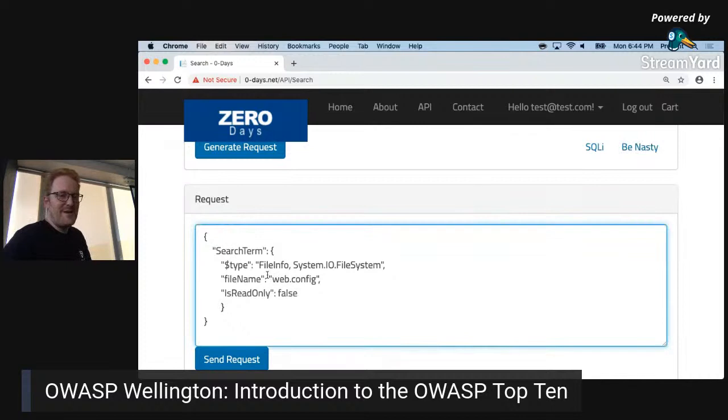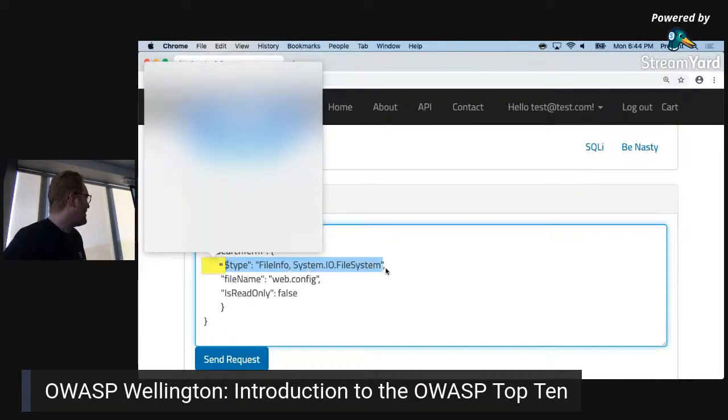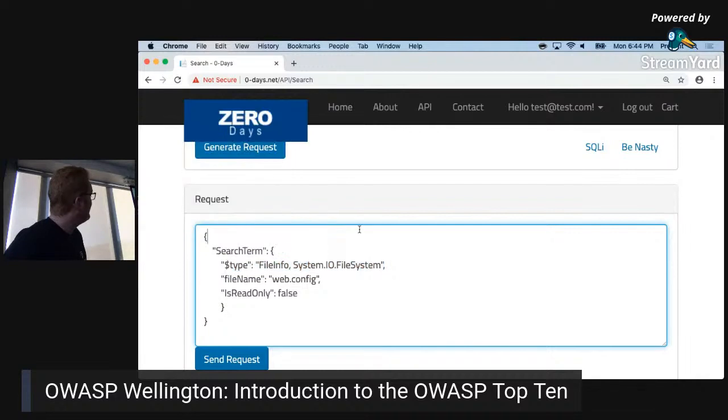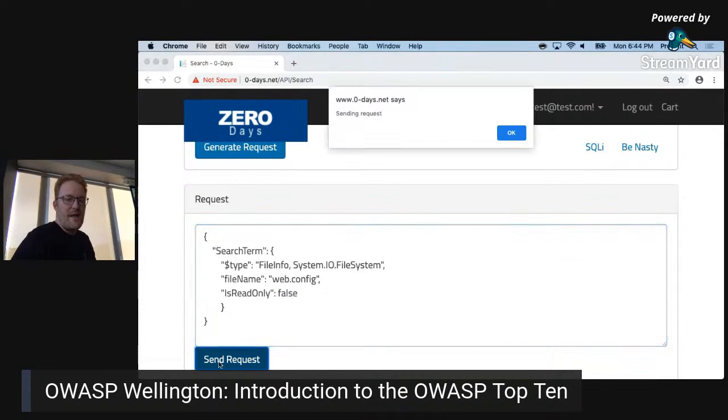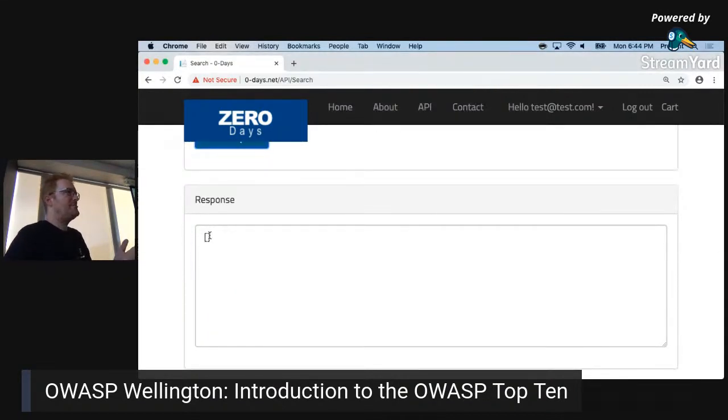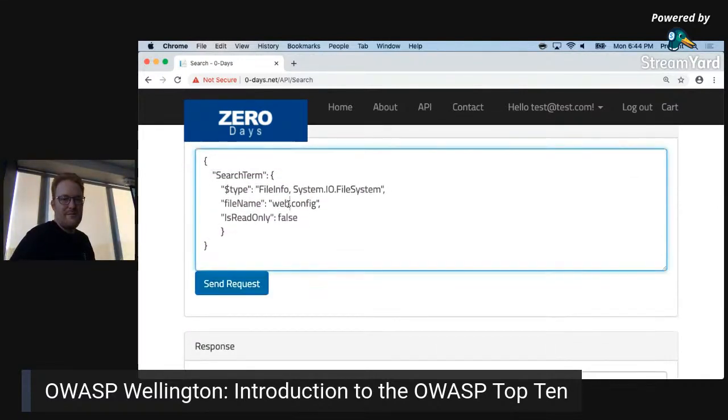So here's one I prepared earlier, which is instead of putting the search term as letter E or the word ghost, I can say, I can look this up in iTunes. Well, that's handy. I can say the type of the object I'm giving you is a file system object. Here's the file name, and set read only to false. And when I send that to the web server, it returns an empty string, okay, or empty array. Maybe that's not so bad, but